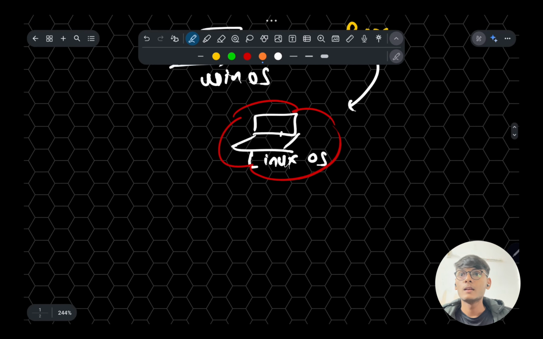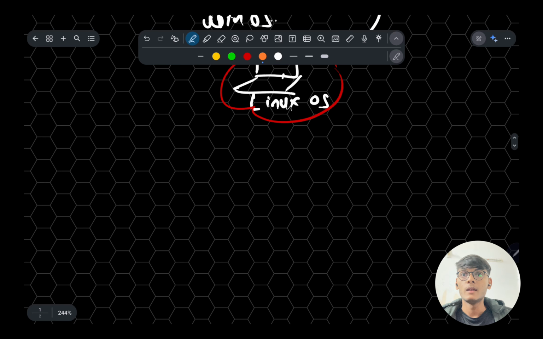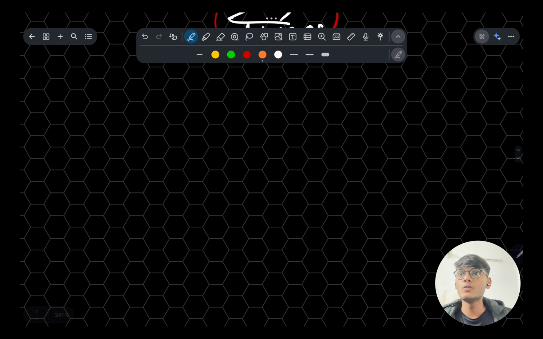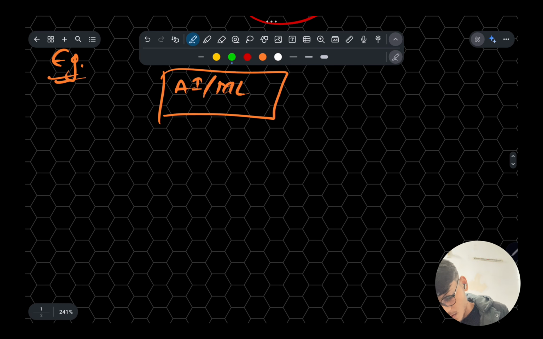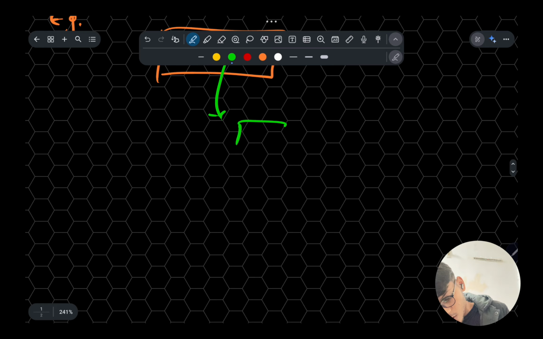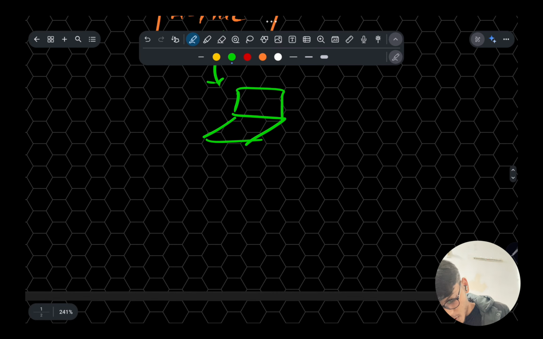We have all been there. You spend weeks building a project. It runs perfectly on your laptop, and you send it to your boss or try to put it on a server. It crashes immediately. For example, you build a project related to ML or AI, or any other project, and it is working totally fine on your laptop.